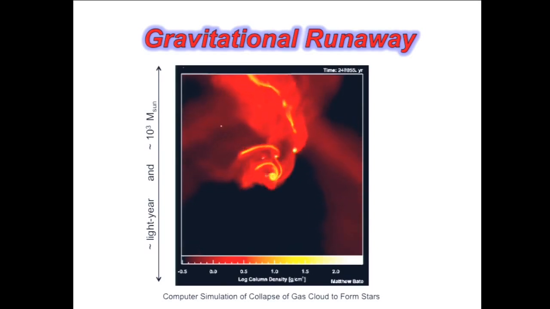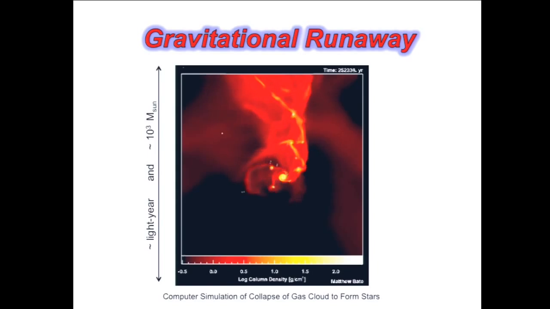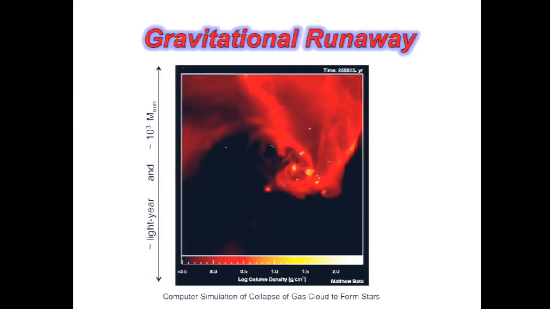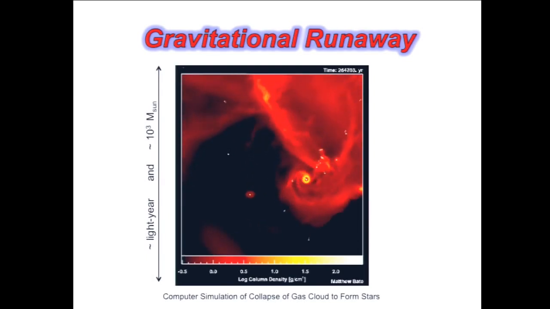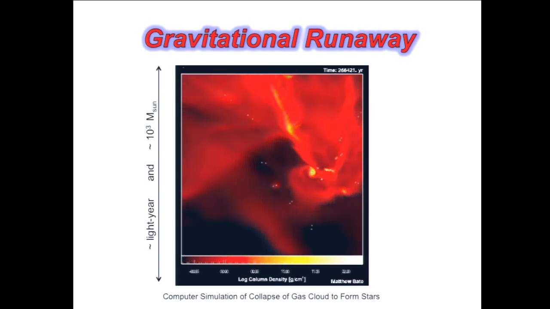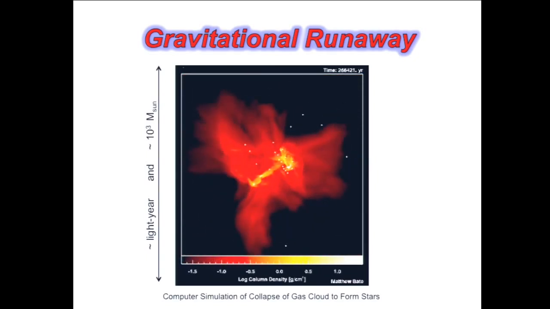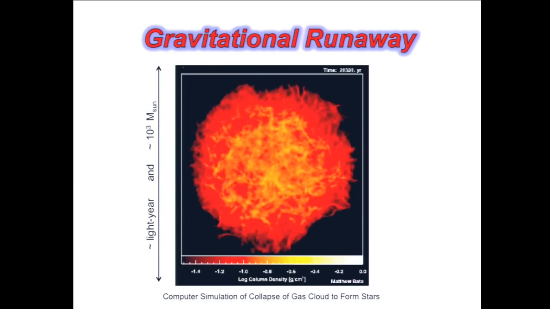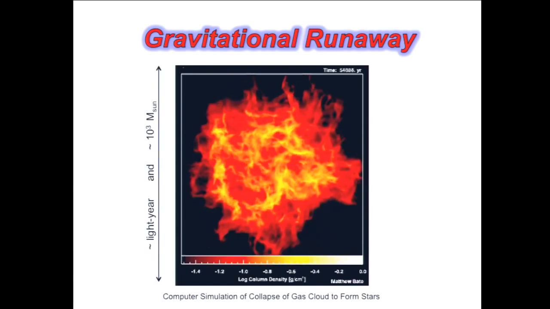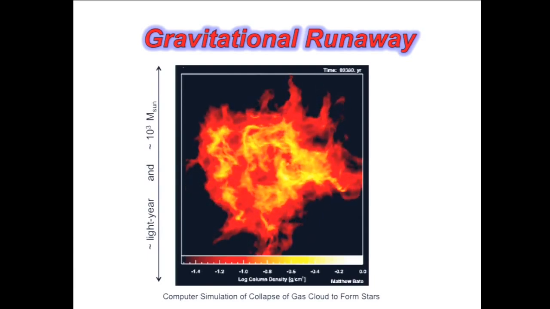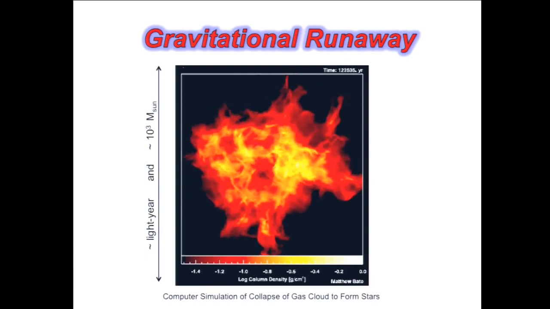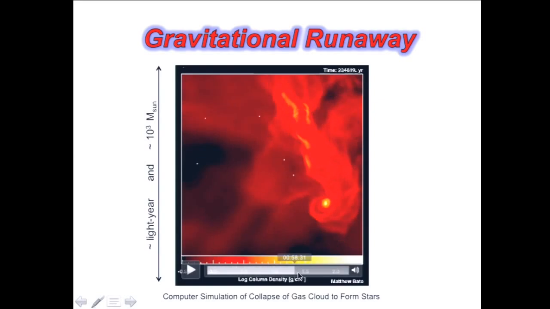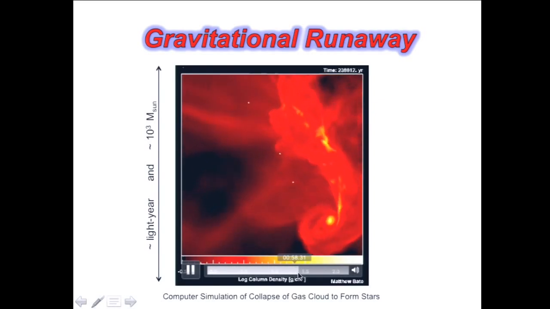And at some point, it becomes like the Earth going around the solar system, where the gravity of the sun on the Earth doesn't cause the Earth to fly into the sun. It just causes the Earth to orbit around the sun. Exactly the same thing is happening here. As you spiral in, you spin faster. At some point, your rotation becomes exactly what is required to keep you in a nice, happy orbit around the star. And that's this phase when a rotating disk has formed around the newly formed star.